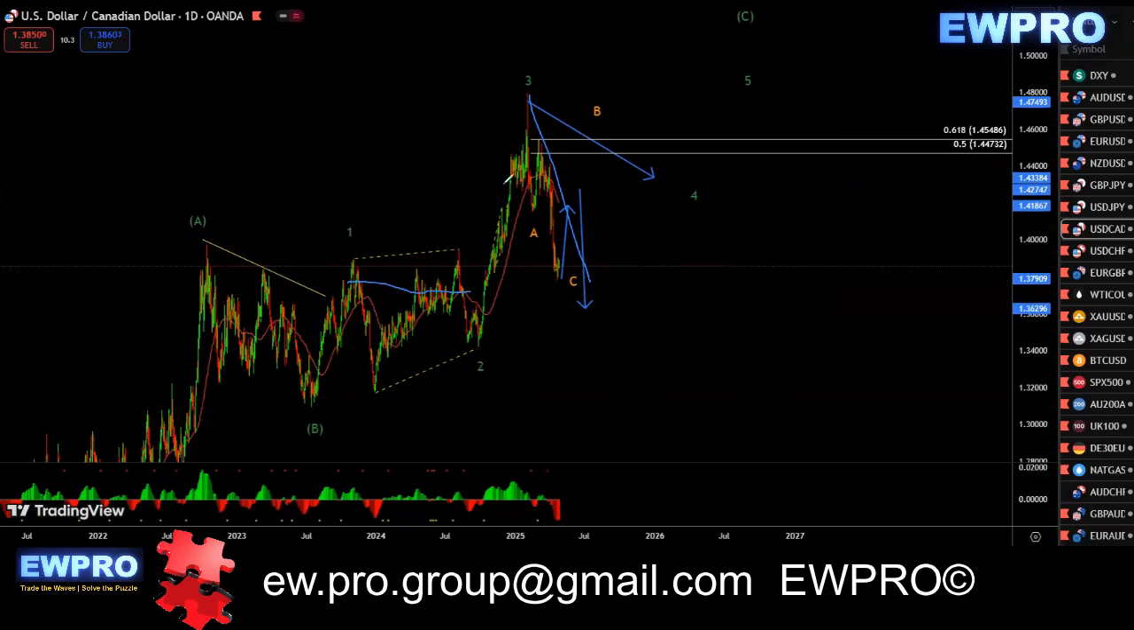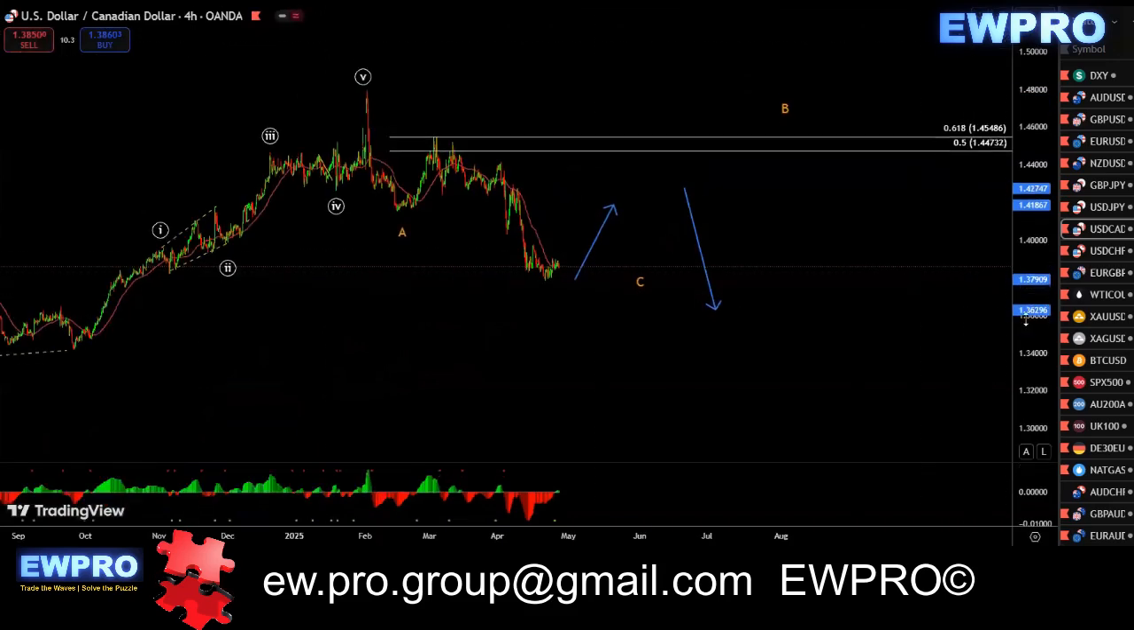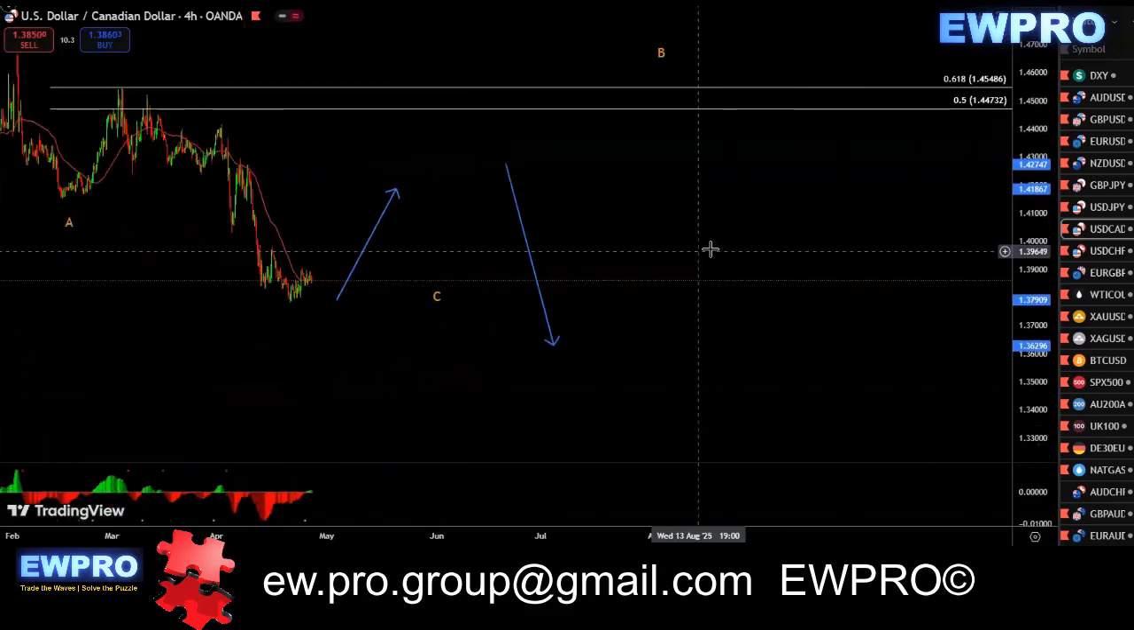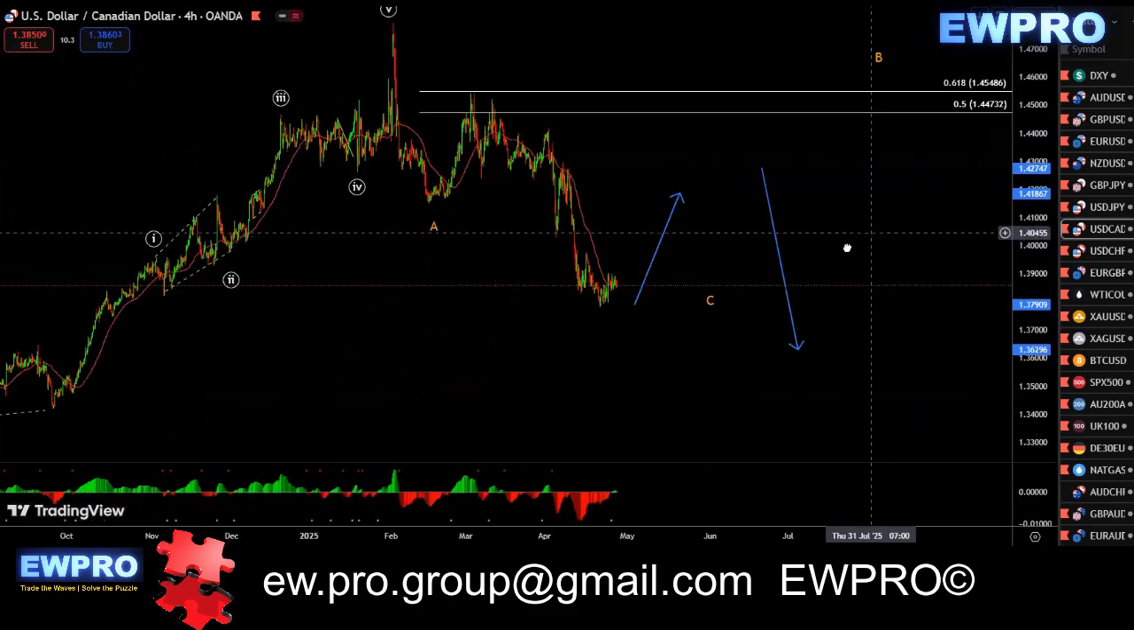So, according to Elliott wave, the wave 4 should not go into the territory of the wave 2 unless it's a leading or ending diagonal. So, yeah, I think there's a little bit more downside in this, but